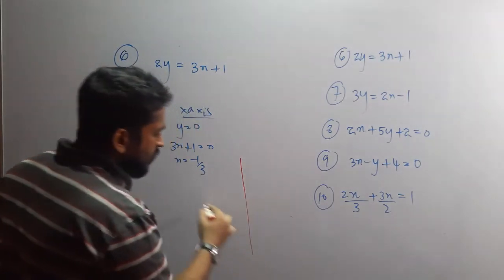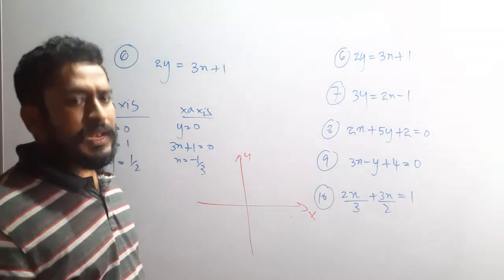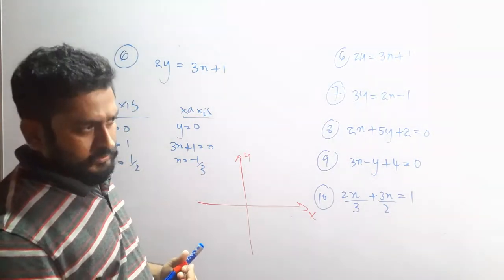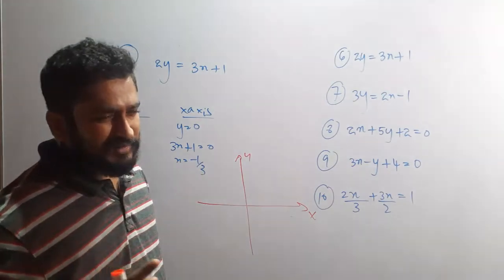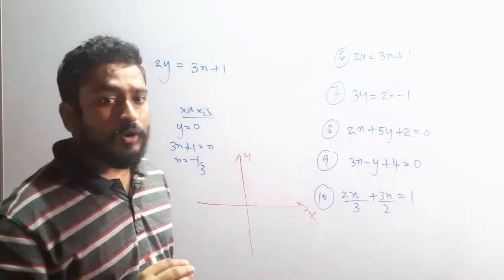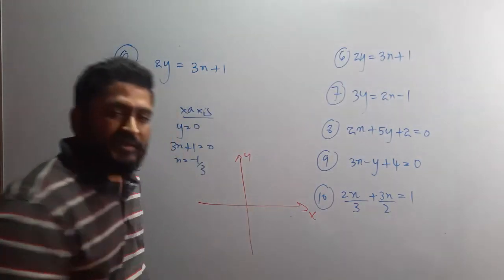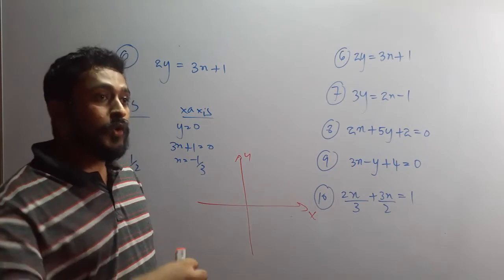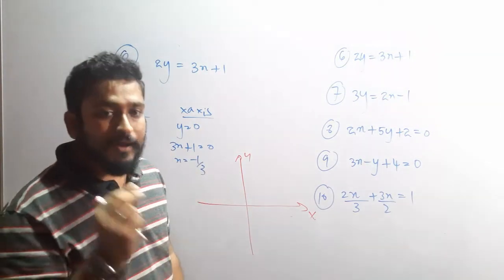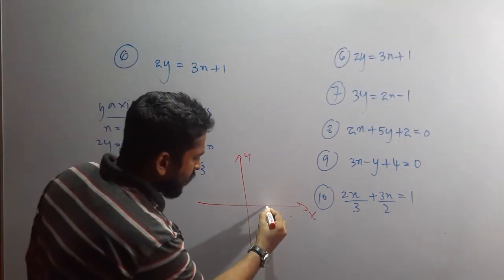So, if you have a relatively larger gap for one unit, it will be advantageous. It will be more clear for your graph. If you are plotting plus half, minus 3 by t, the graph is not clear. So accordingly, have the unit. So I will have for a unit like this much,